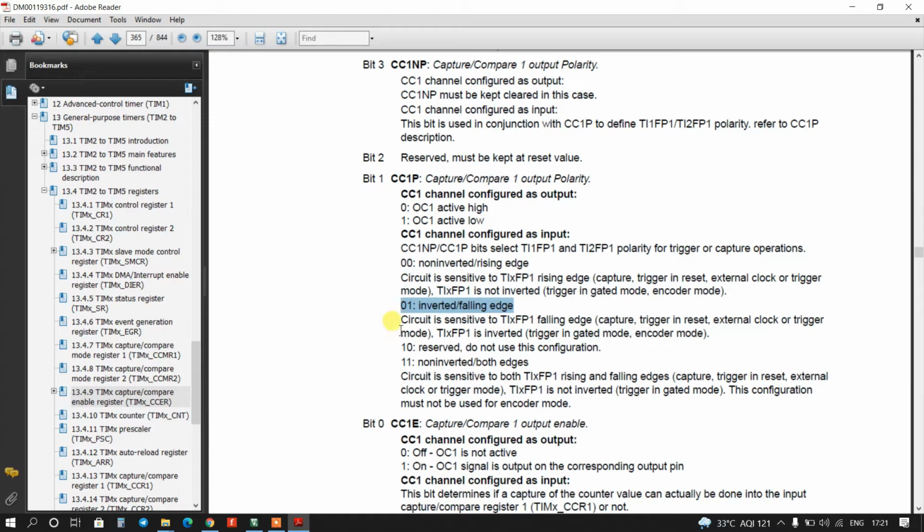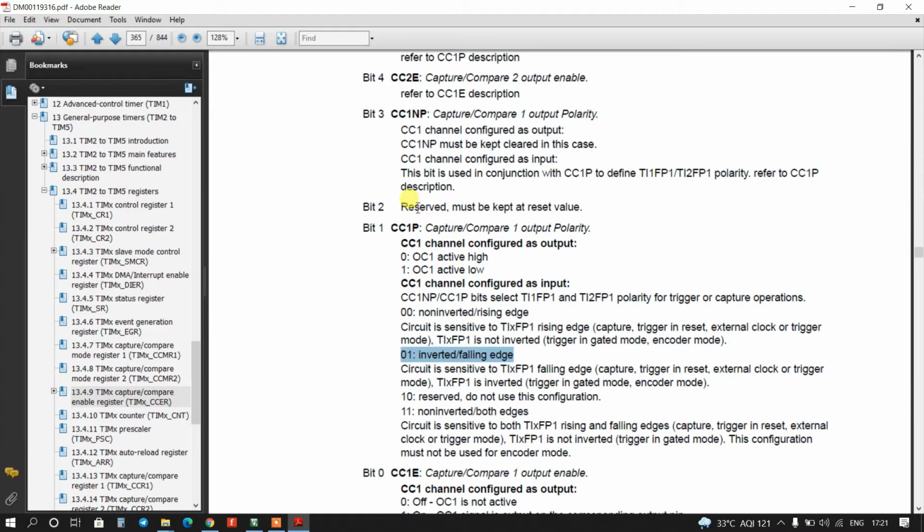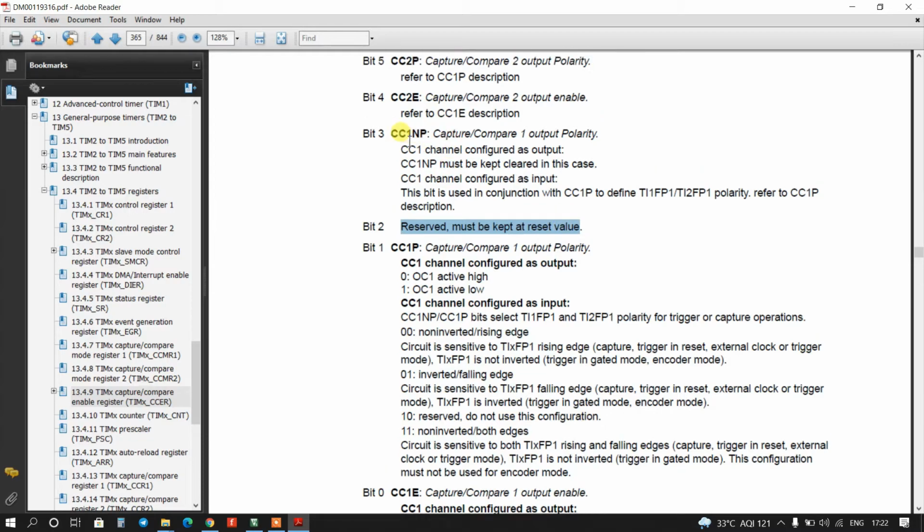So first bit is 1, and the 0th bit is already 1, and we will leave the second bit as 0 and the third bit will be 1 again, because we are going to use the channel configured as an input, right?